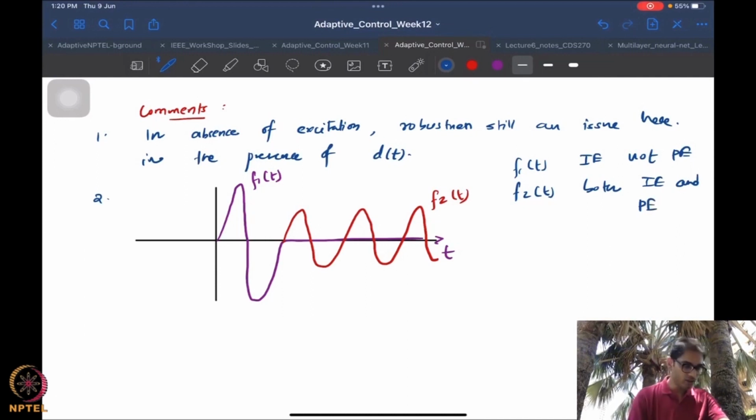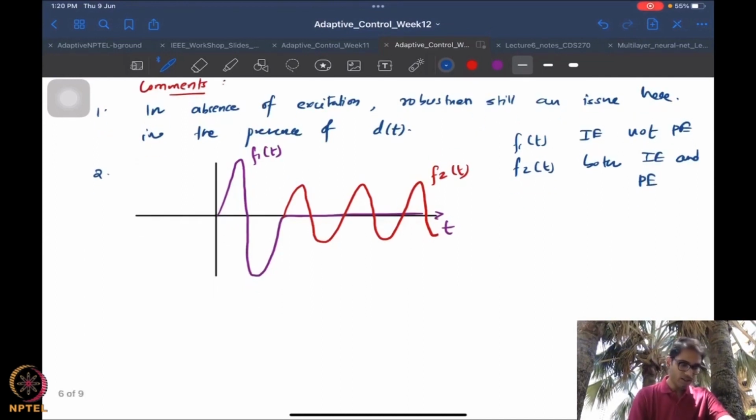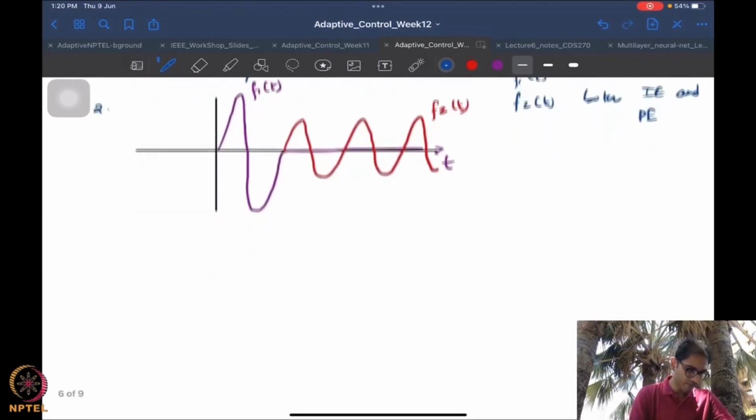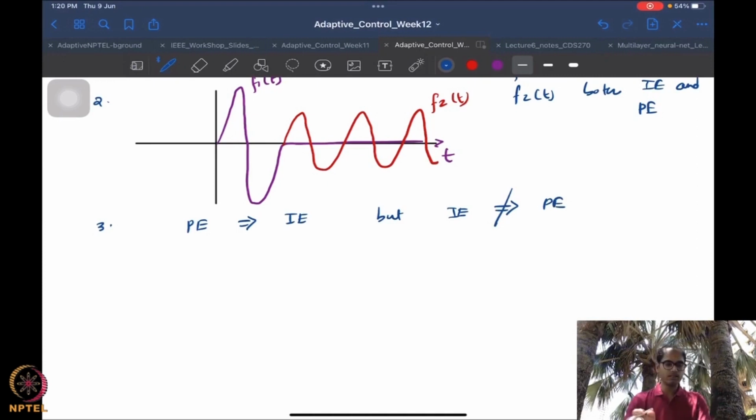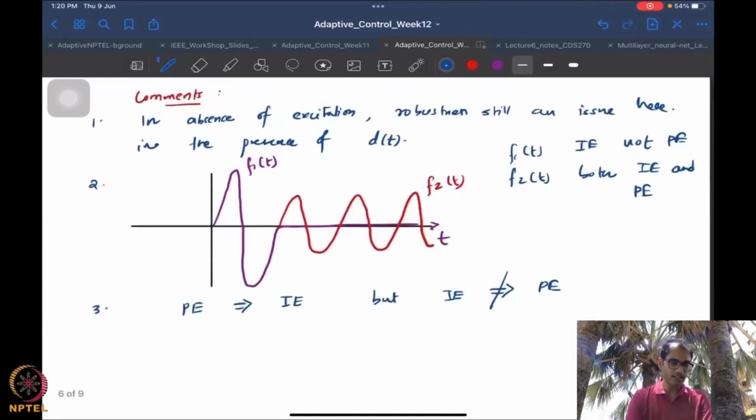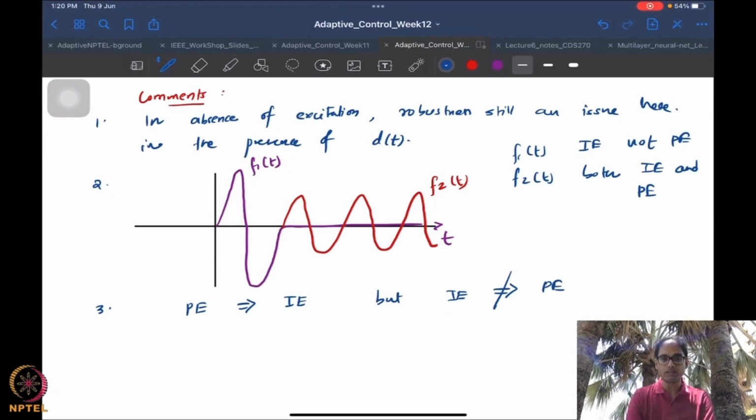All right. So again, it should also be evident to you that a larger class of signals are initially exciting. Persistent excitation implies IE, but initial excitation does not imply persistent excitation. So this is important. This indicates that initial excitation is a weaker requirement, and therefore easier to satisfy. You just need some excitation at some initial time, and you're done. It's enough to identify things.